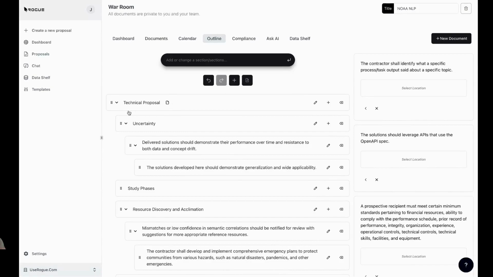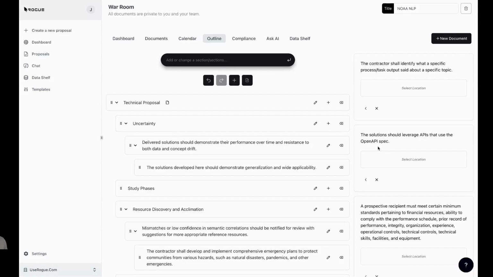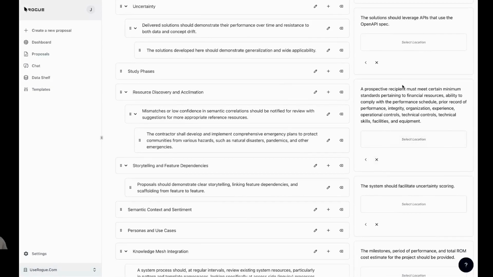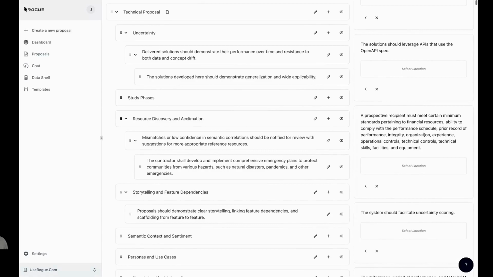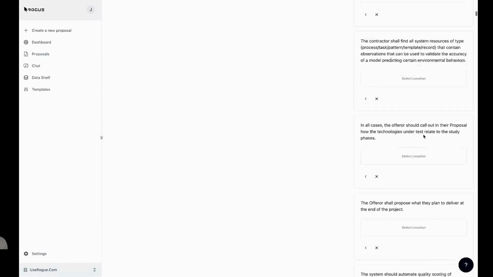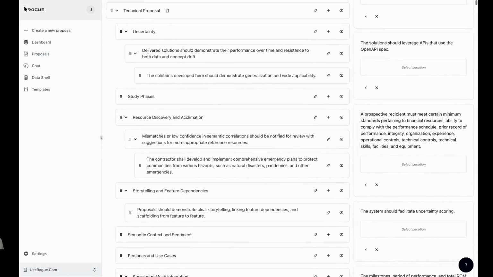And then from there, I use this new feature, which is the compliance matrix lacing. So after you build a compliance matrix, this is a prerequisite step, you have to upload the RFP, in this case the BAA, to have the compliance matrix shred it. And then once that's shredded, those compliance matrix items are available here in the outline view. And what that enables you to do,